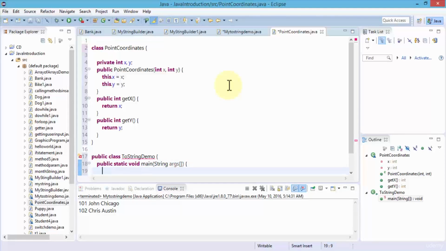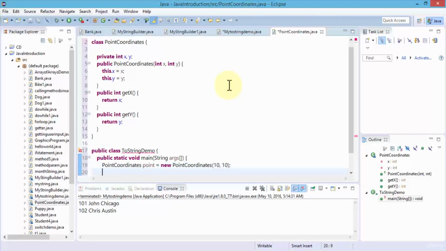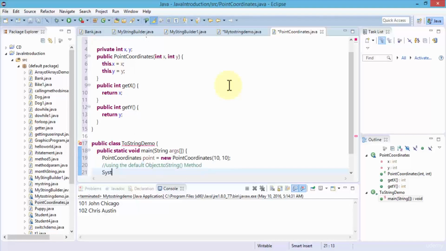So I'm going to say the PointCoordinates, call it point, would equal the new PointCoordinates. And of course, the parameter values would be, let's say, 10 and then 10, semicolon. And what this would do is simply use the default Object class toString method. Okay, so let me in fact write this comment here so we remember. So using the default Object.toString method,